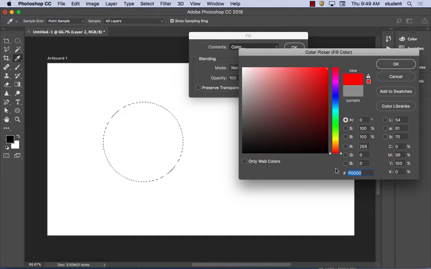Of course, there's a whole bunch of different ways that you can mix and match the hexadecimal values. The reason why they have them is just because it's easier for web programming. But nowadays in web programming, we can also use HSB, I believe, as well as RGB